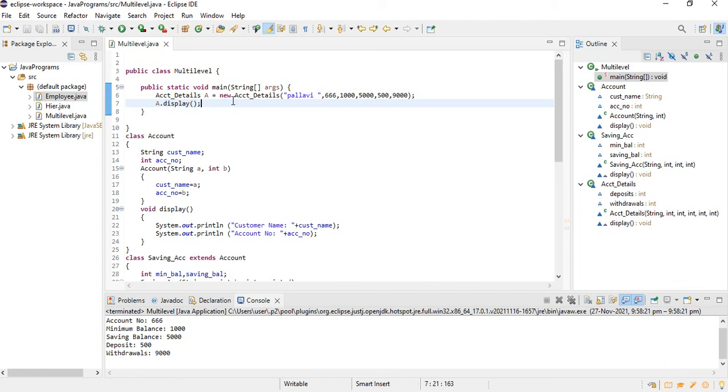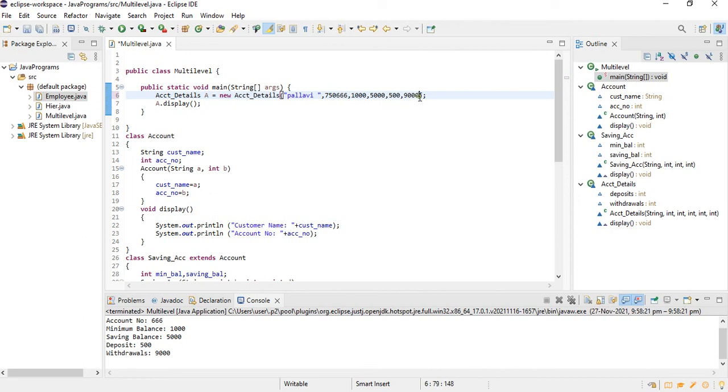Whenever we use the constructor concept to assign values to the data members of a class, we have to pass the values at the time of object creation. So here is my object creation, and there I can pass all the values. The first value is assigned to the customer name, the second one is the account number, the third is the minimum balance, the fourth is the savings balance, and the next ones are deposit and withdrawal.